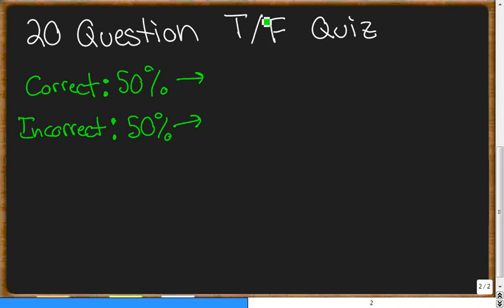Correct is going to be a 1, and the number 0 is an incorrect. And I'm going to use the randInt feature to pick between 0 and 1, and keep doing this over and over again, recording whether it's right or wrong. So if I go to my calculator here,